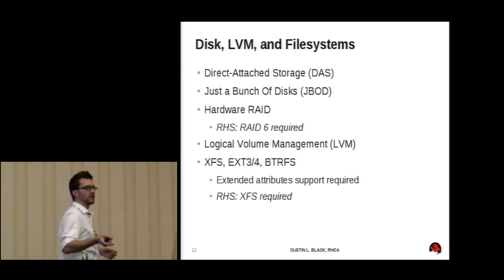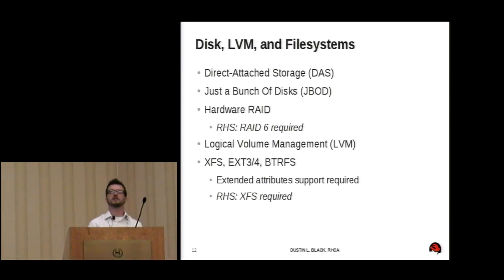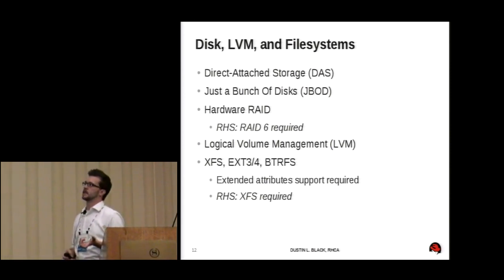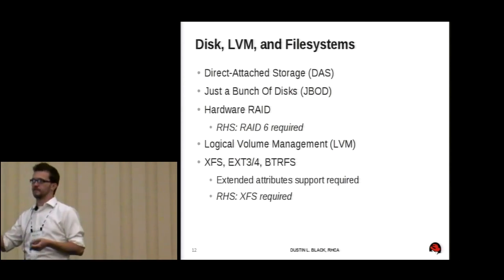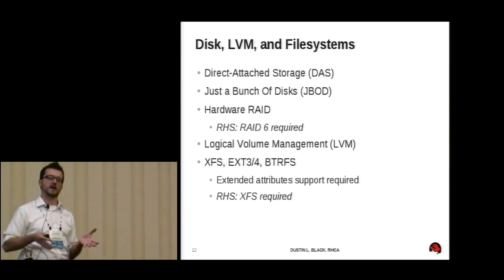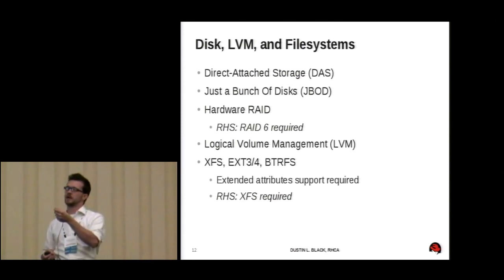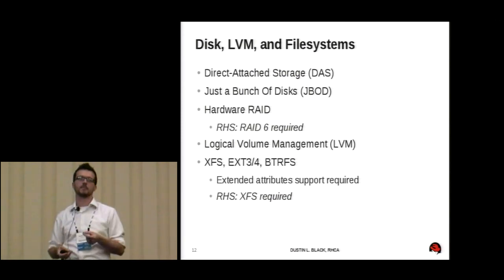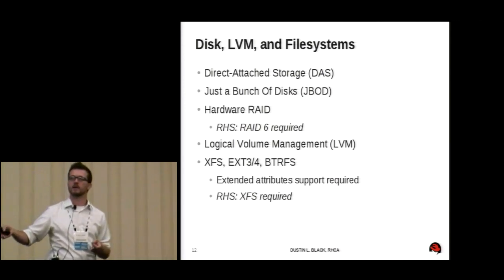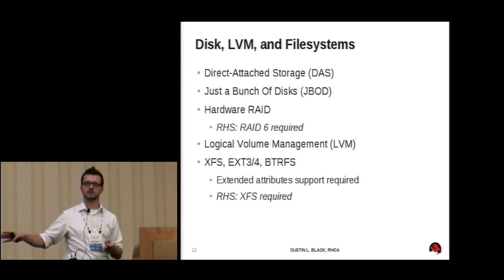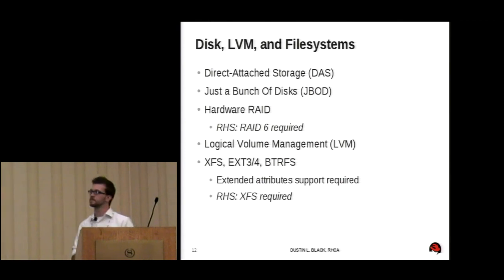Now on top of that, we do want to do hardware RAID. Now a lot of people wonder, why do I need to do RAID if I'm going to have the redundancy pieces that are built into Gluster? Why do I also need hardware RAID? Well, you really want to be able to handle a failure at the simplest point possible, right? If you have a disk failure, do you really want to be managing a disk failure at the Gluster system or at the operating system? You probably don't. The easiest way to handle a disk failure is going to be with your RAID environment. So it's highly recommended, and for Red Hat storage, it is required to have a RAID environment. Red Hat storage requires RAID 6.